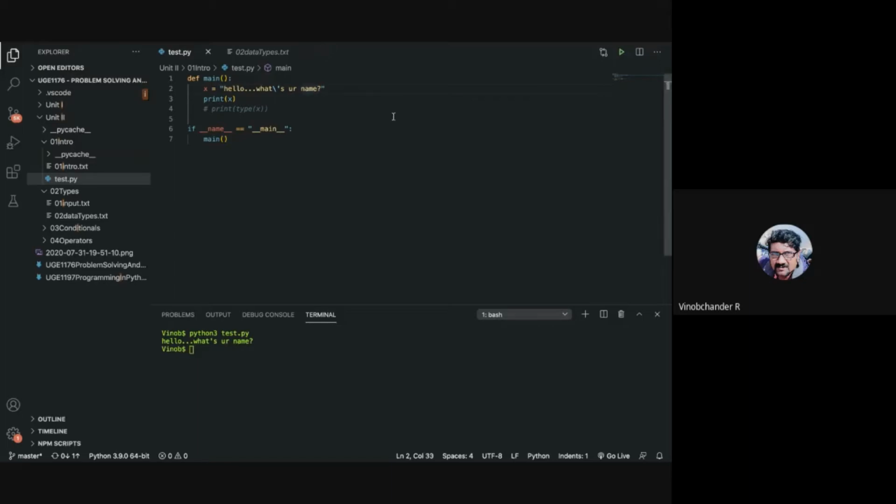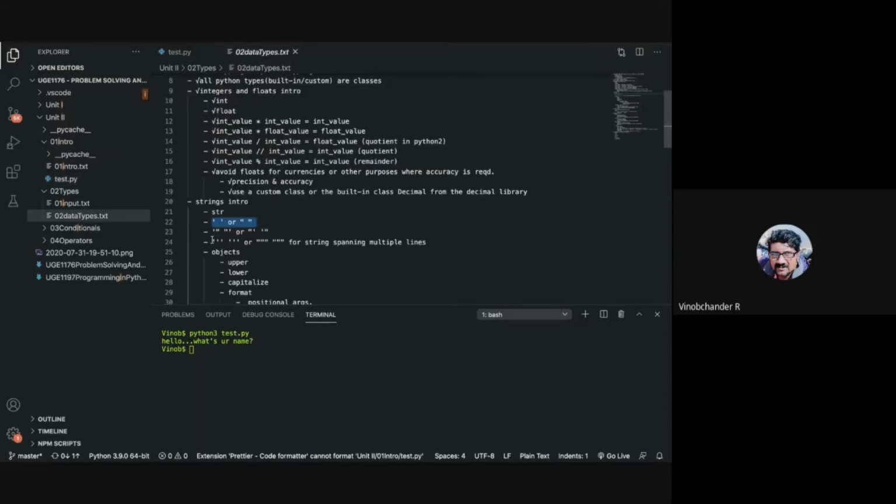All right. Now, apart from single quotes and double quotes, you can also make use of triple quotes. Triple single quotes or triple double quotes. This is for strings spanning multiple lines.